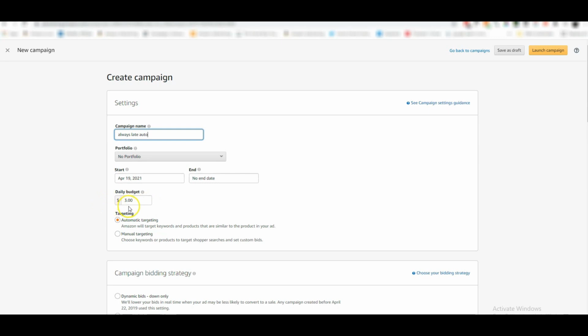Amazon will not go over this budget. It's a daily budget, so I'm prepared to spend $3 a day on this advert, which isn't really a lot. I notice that if I type in $5, it kind of works a bit better for me, but I'm not sure if that is just coincidence or whether that's something that the budget amount can affect.